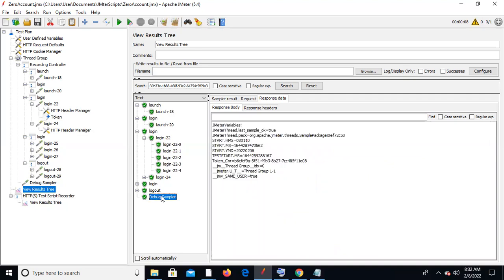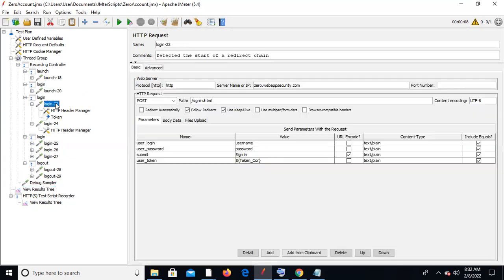Now we can observe the debug sampler; username and password we have not done yet, right? Parameterization. So now our point was correlation. We can do it like this and replace this one. Now we need to do the parameterization. How do we do parameterization? See, this is the username, and before that you need to give the